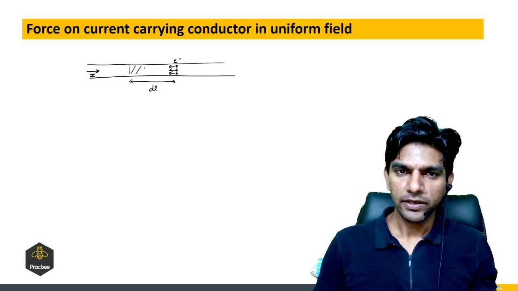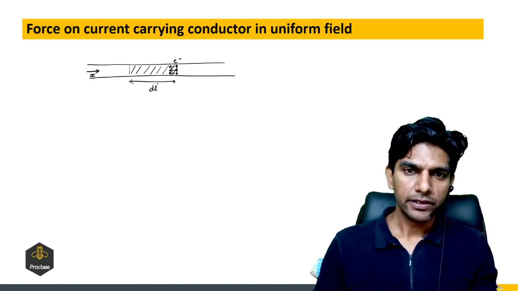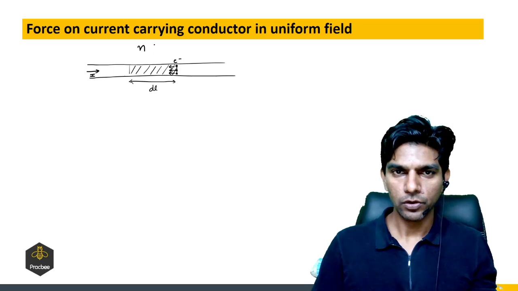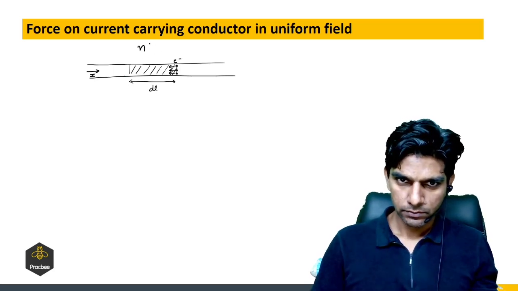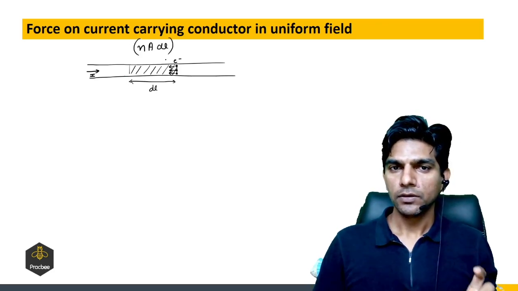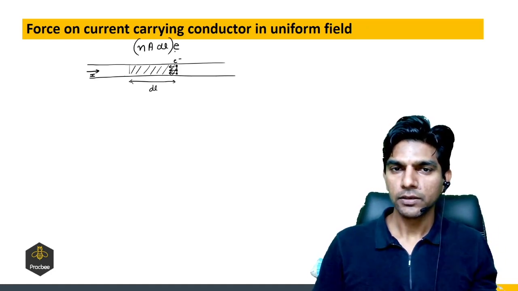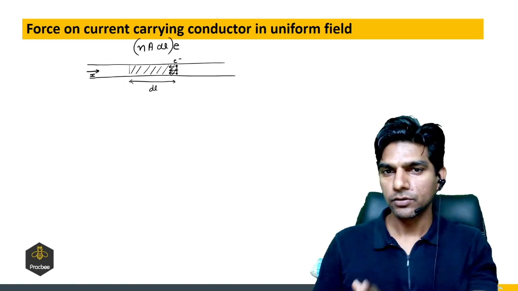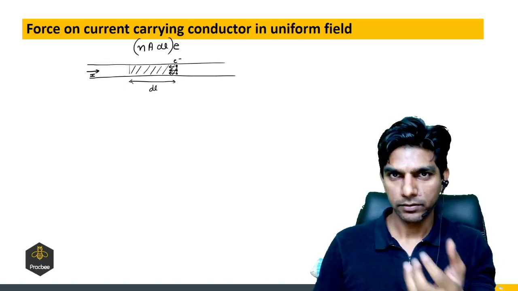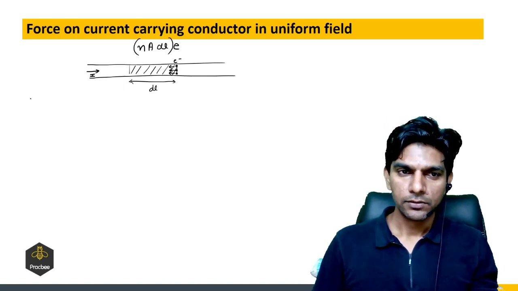Now I want to find the number of charge carriers in this region, and how we can find that. So I can say the number of charge carriers will be n, the number density or number of charge carriers per unit volume, times the volume of this region. So this will be the area of cross section times dl. If I multiply this with the charge of one carrier, which is e, that much charge is crossing the right cross section, let us say in time t. Let us say the electron takes time t to cover distance dl. So we can say